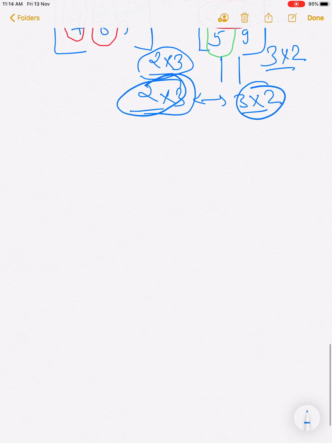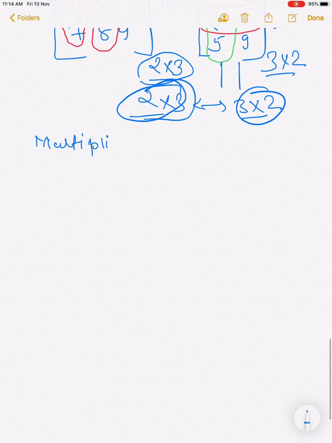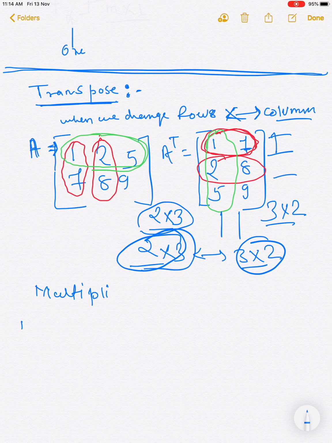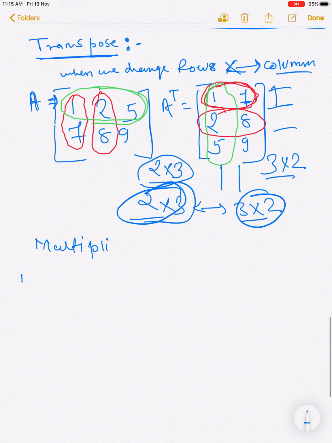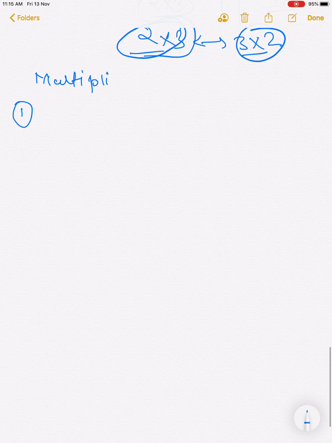I just want to tell you that I am giving you 3 properties of matrix, multiplication or addition. No, let's first start from the first one. You just remember this transpose, because after that come the properties of matrix, and after that I will teach you the symmetric and anti-symmetric matrix. Again, types of matrix. Anti is also known as skew symmetric. So let's start with the first property as